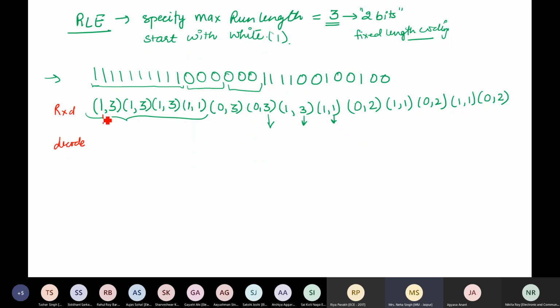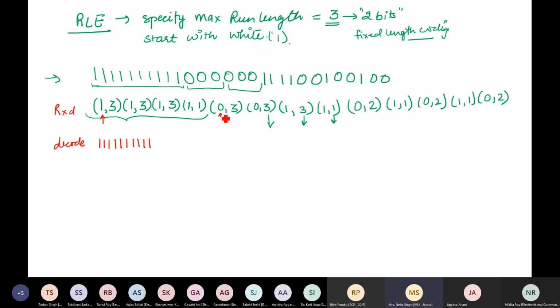So this means the first value gives me the color, that is I should have 1 3 times. So 1 1 1. Again 1 should be 3 times. 1 1 1. Here 3 times repeat 1, and once again I put a 1.